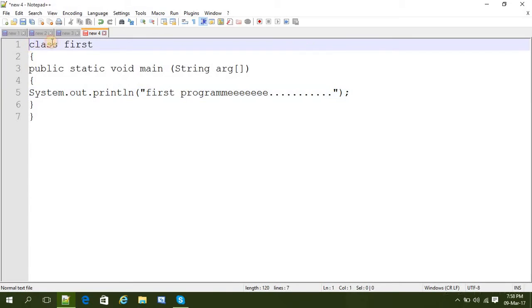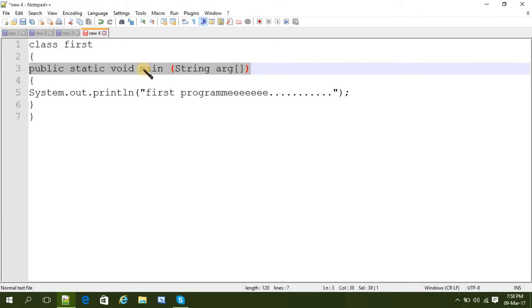So class is a keyword, and here our class name is First. Then the class body is defined inside these curly braces, and in this line there are a lot of new keywords like public. Public means we can access the main method from anywhere in this program. And then static, forget about this, I'm going to explain it later on.